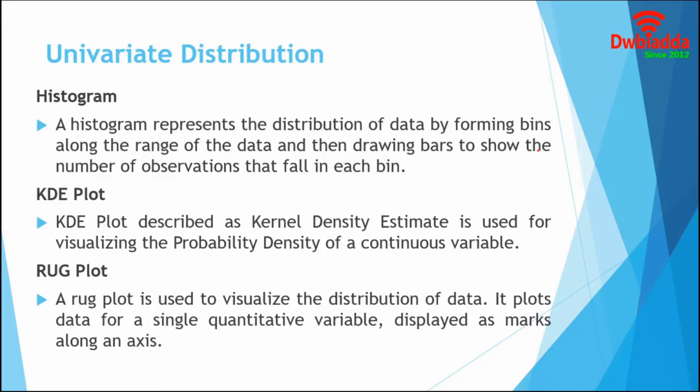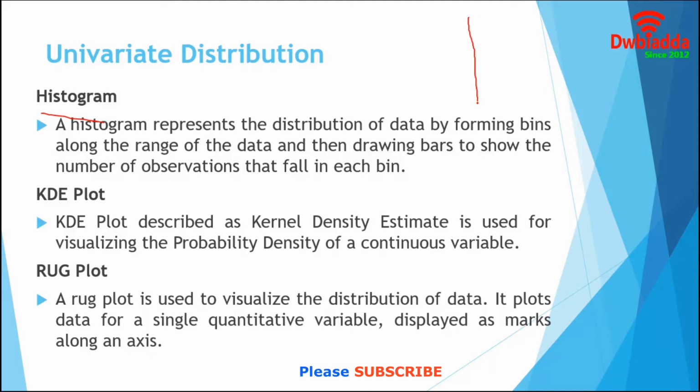We have to choose a variable and then do all kinds of statistical analysis, like what is the trend of the data and frequencies of different data elements. In Seaborn, we have three powerful tools for univariate analysis. The first one is histogram. A histogram is the most commonly used graph to visualize the frequency distribution. They use the concept of bins and draw bars to show the number of observations that fall in each bin.